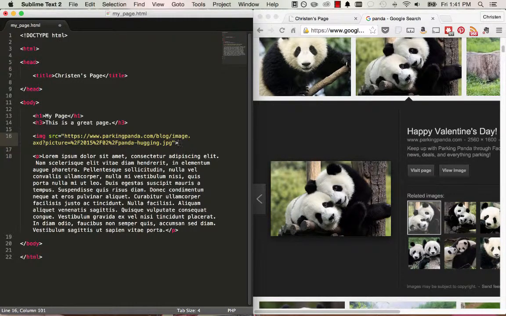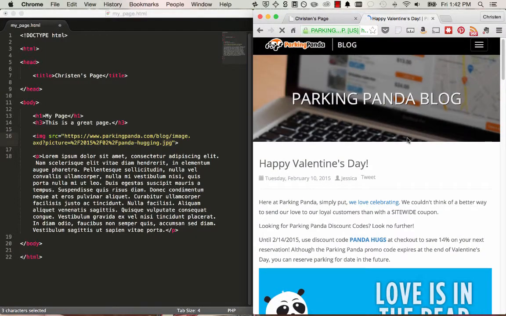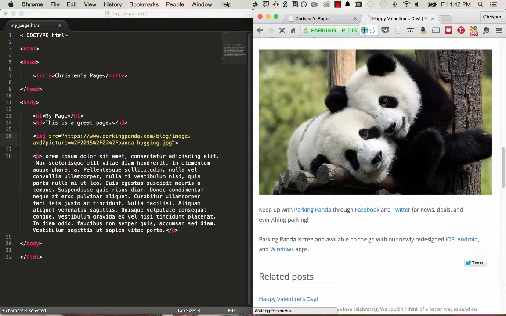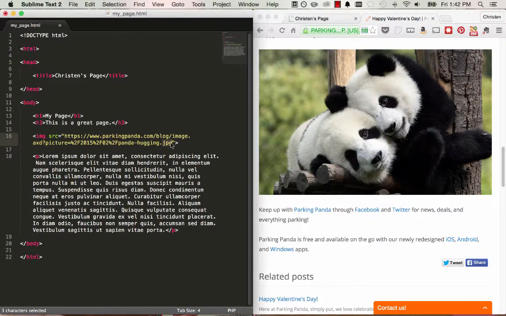So if you were to send me this file, I would be able to see it because this picture of the pandas is on the internet. And you'll know that you're including the link to an image if it ends in the extension of an image. So if you were to see this picture on this page, and you were to take this URL up here, I just copied this, and you were to put that in here,